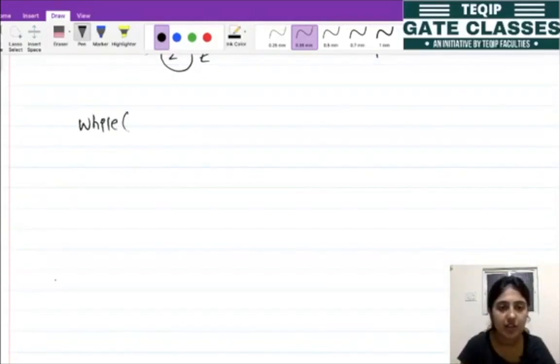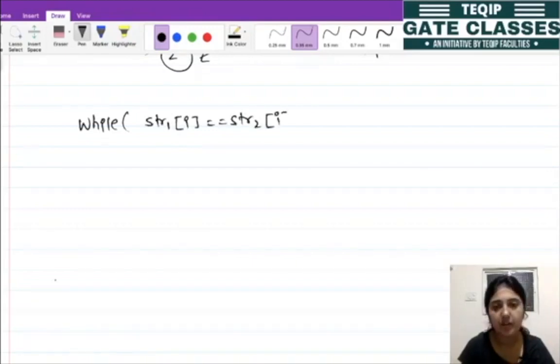So it is like the string 1 of I is equal to string 2 of I, right? And either we can use the string 1 or string 2 here, not a big deal and not an issue, because